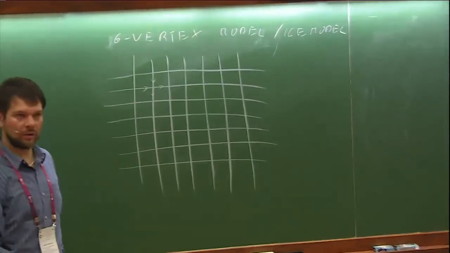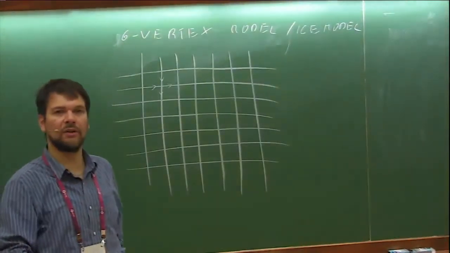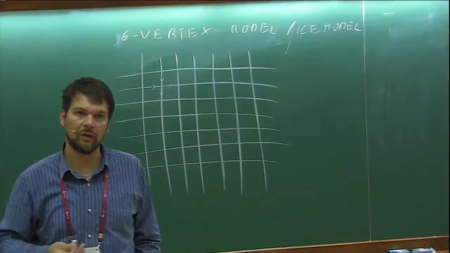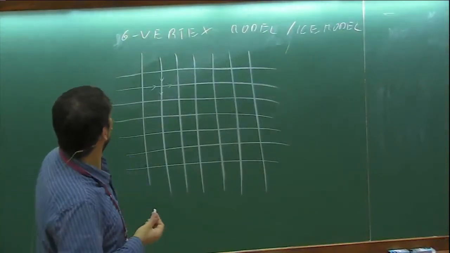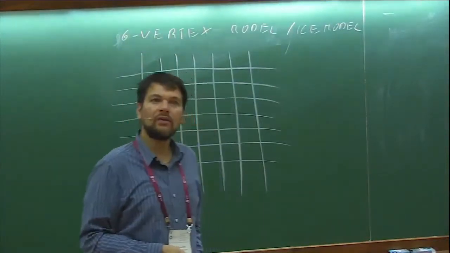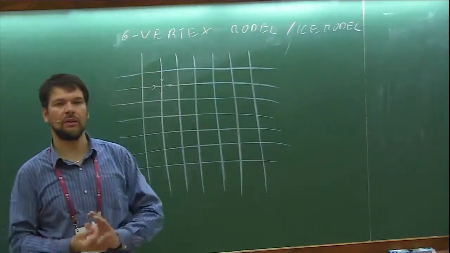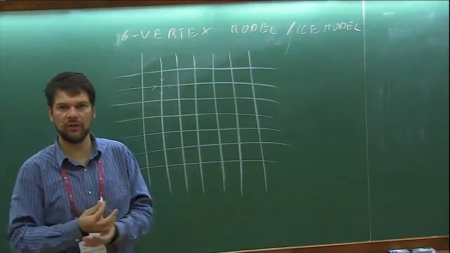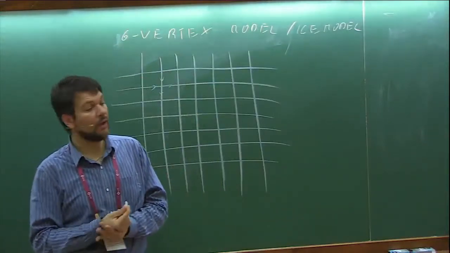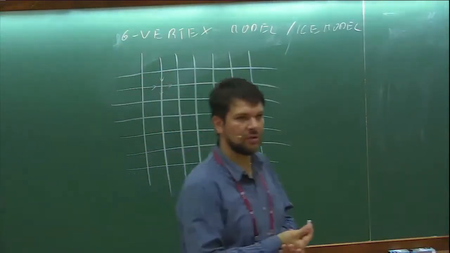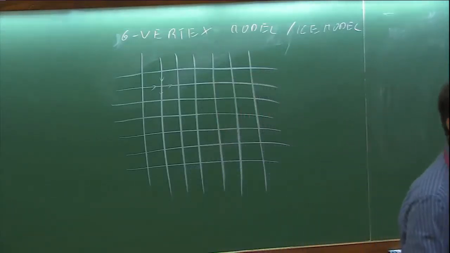So two arrows always have to look into a vertex and two arrows have to look out of a vertex. And then you give weights to the different configurations, and you sum all the weights to calculate the partition function and then to study the thermodynamic quantities. As it turned out, 2-dimensional ice has very little to do with 3-dimensional ice, so this calculation is not